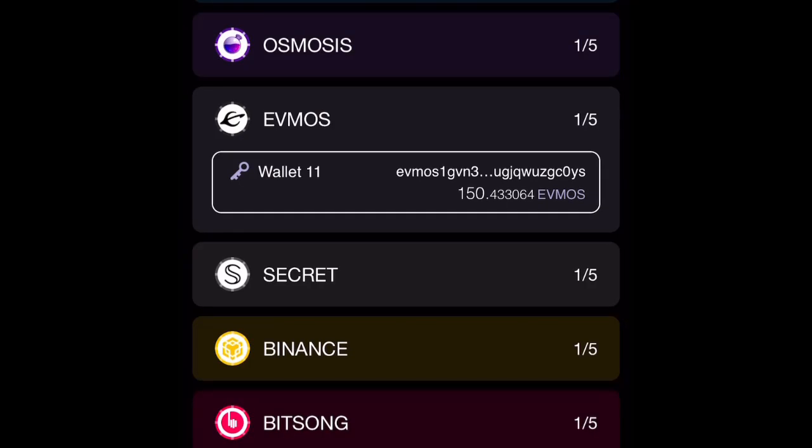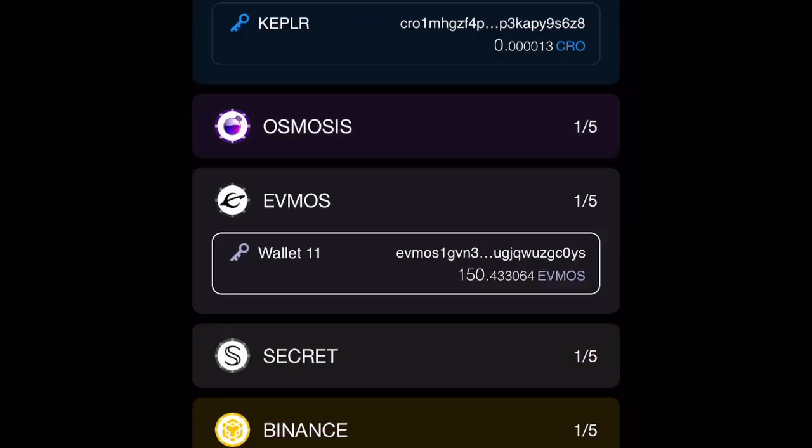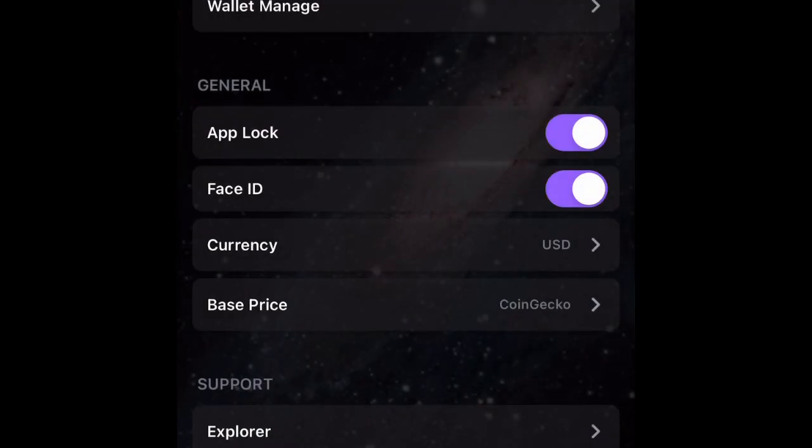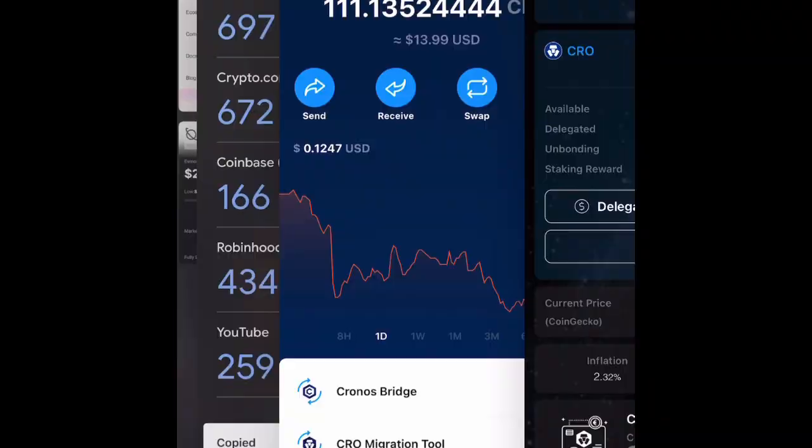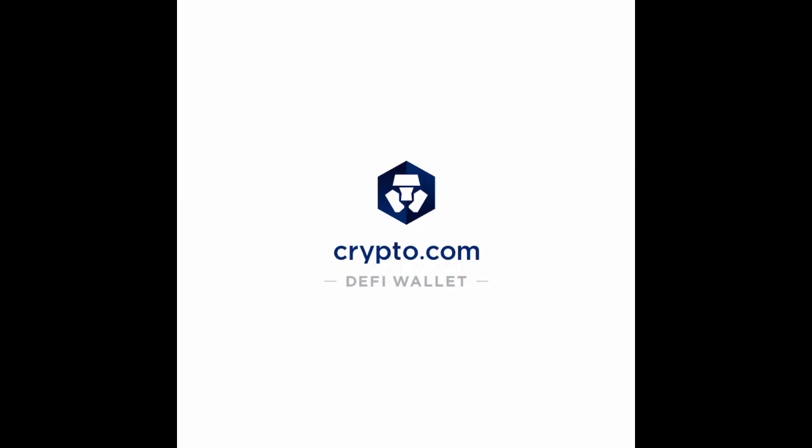So for this example, we're going to go into crypto.com and I'm going to get this address. I'm going to copy and paste that and I'm going to send that over there. So I'm going to get up out of here. I'm going to go over here.